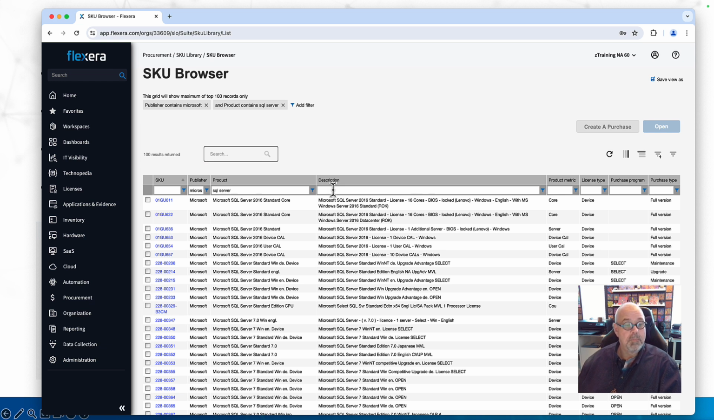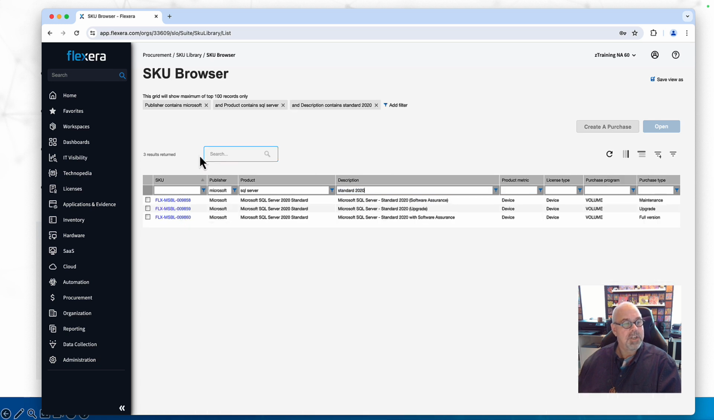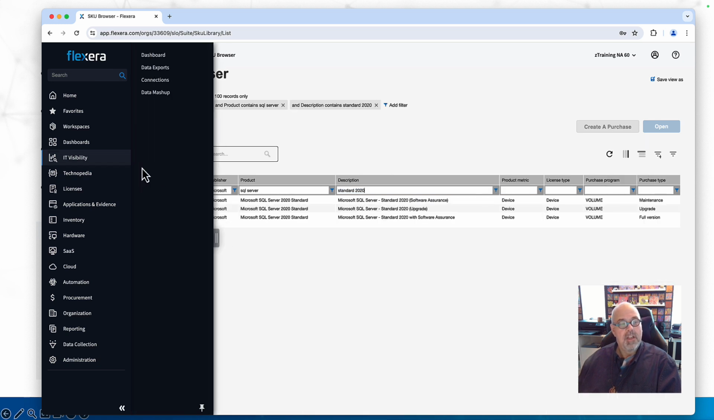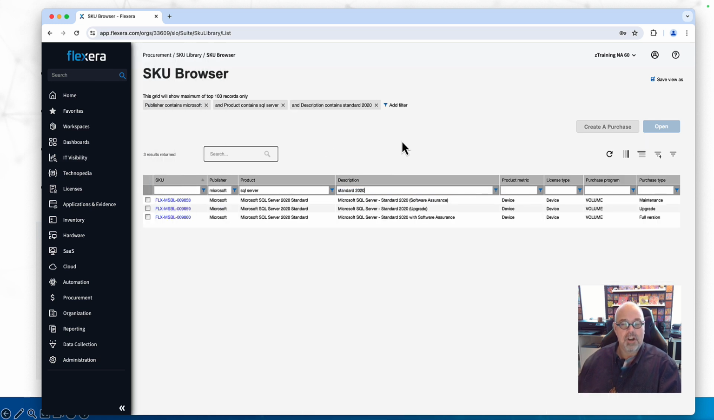So I'm going to move on to my description and search for the standard edition of SQL Server and version being 2020. As you can see, this gets me under the 100 record threshold, and so I should be able to select my SKU from here. A couple of things to point out is that you can see,